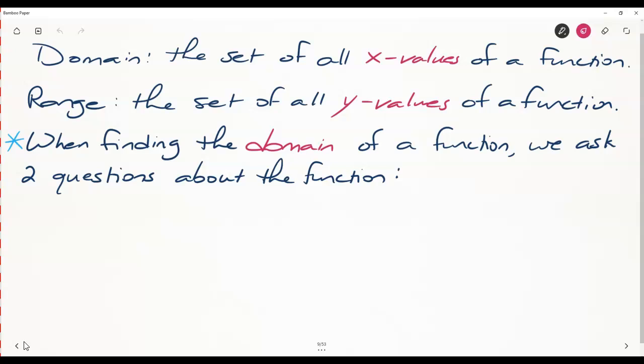So when finding the domain of a function, for the functions that we are going to be encountering, there are two questions that we are going to ask. Now, this does not apply to every possible function. There are functions such as the logarithmic function, which we'll see in chapter 5, that doesn't quite fit this rule. But for the primary functions that we're going to see, these two questions will be sufficient to identify what the domain is. And the first question we want to ask is,